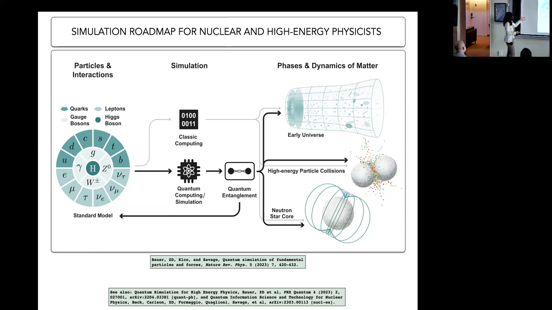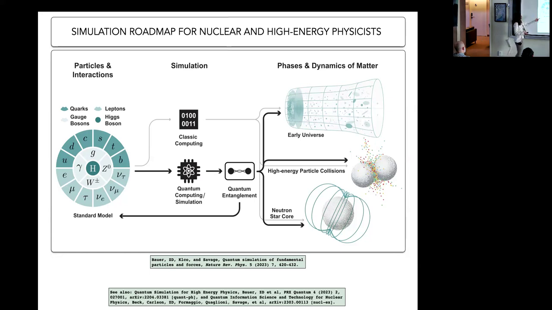So what are we trying to do, essentially? This is the roadmap for simulation for nuclear and particle physicists. We have an underlying theory. It's the standard model. It's a very neat, beautiful, rigorous theoretical framework that describes quantum mechanical and relativistic interactions in nature, strong and electroweak interactions, unfortunately not gravity yet, but still it's a pretty complete picture. And the idea is that we start from first principles, from interactions in the standard model based on quarks and gluons and leptons and everything else, and be able to predict complexities in the visible sector of the universe.